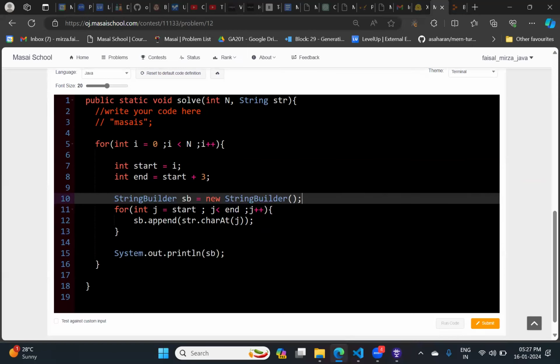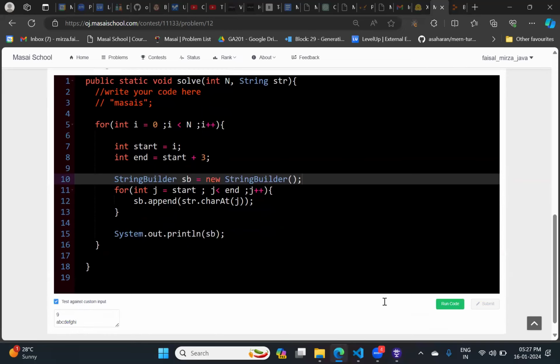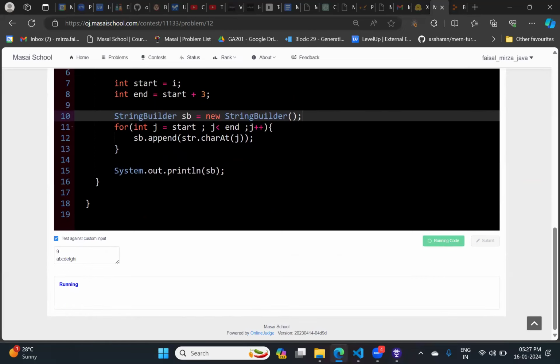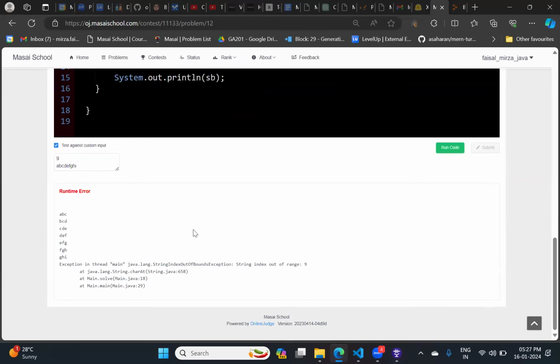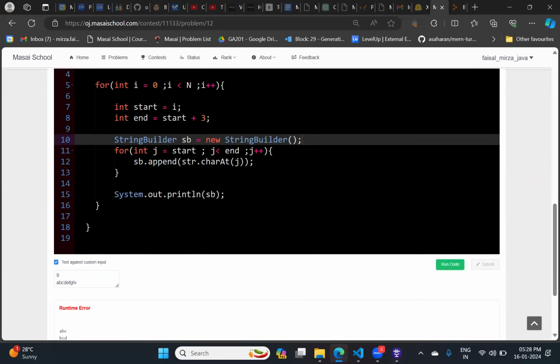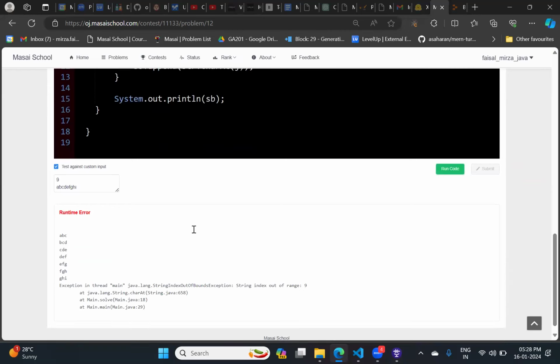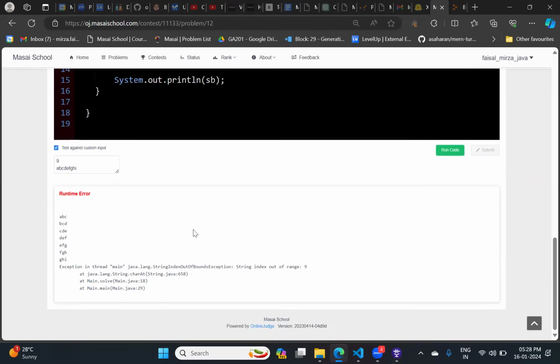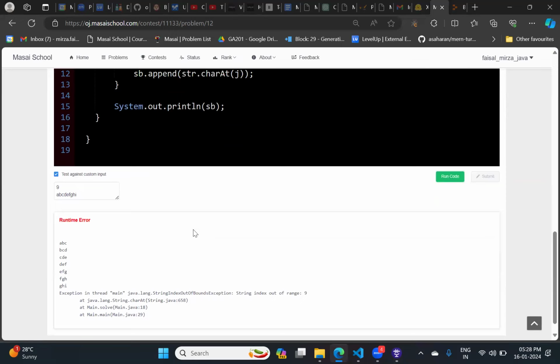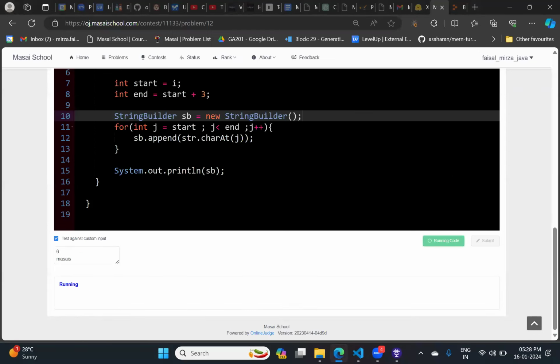Yeah. So let's see the output. So, okay, we are getting the output along with some index out of bound error. So this is a very interesting output. And just tell me your observation, guys. You can type in the chat. Okay, for our understanding, I'm just reducing the string. I'm giving the length as 6. This is the string I'm giving. Okay. Now let's see the output.